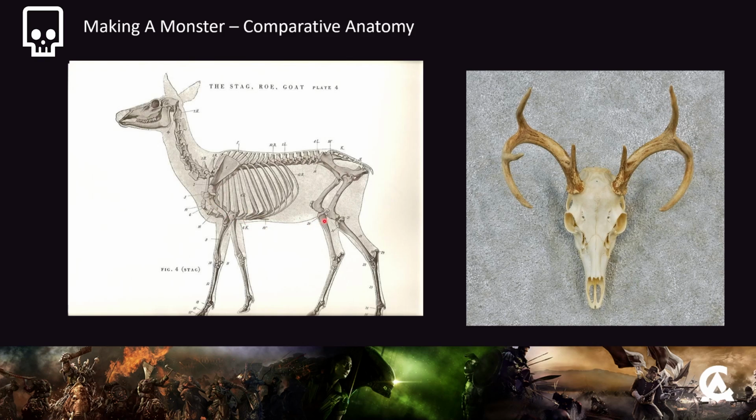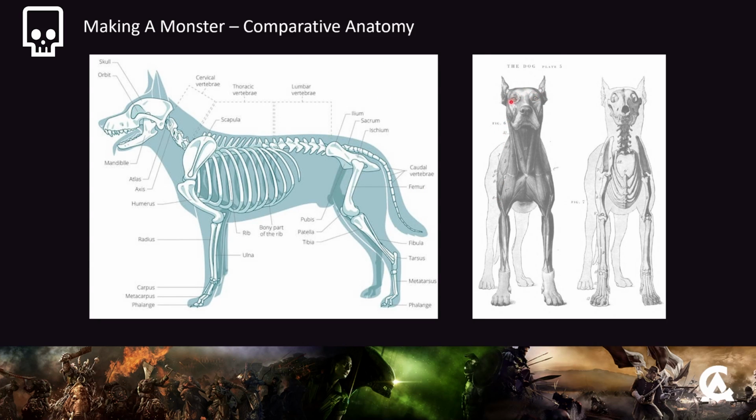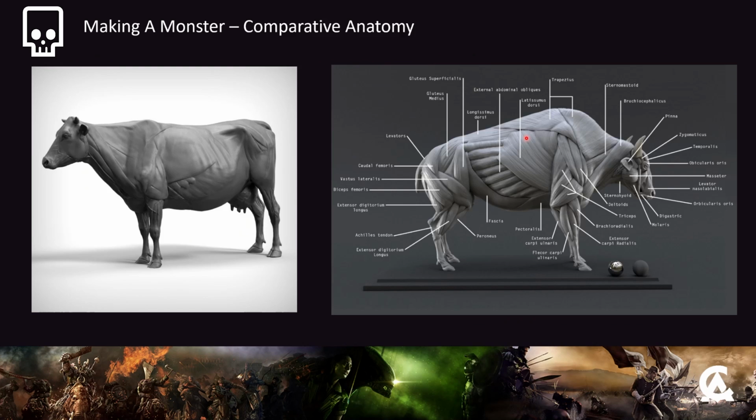The same idea applies to monocular and binocular vision. Prey animals tend to have their eyes pointing to the side because it gives them a wider field of vision to see predators coming towards them. Dogs have binocular vision. They're looking forward. So what your creature eats is incredibly important towards its visual design. Again, do you want to explain why, Jazz, the cow has such a big old belly?